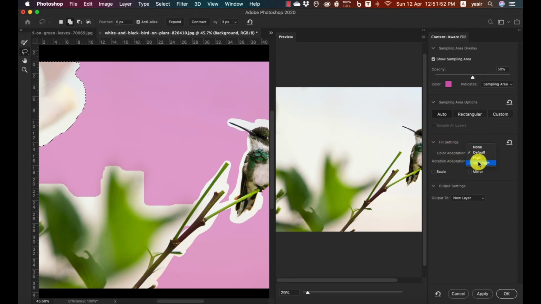If I go to Very High, you can see it's still processing and it will come up with the result in this preview window. Look, it has done quite a good job, but still you can see some patches of pink or some shaded pink. Play around with High or Default to see the results. I think Default is quite good, or High, I leave it on High, and you can get this portion out with the clone stamp tool. Okay, rotation adaptation is required